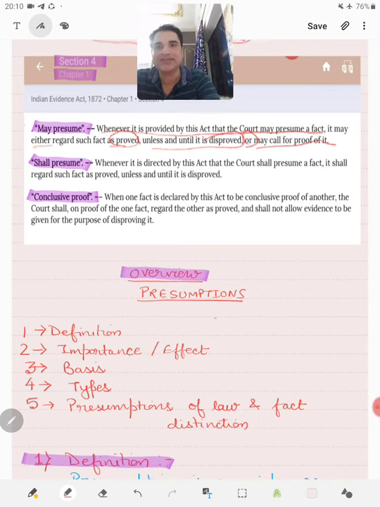So, whenever there is the term may presume, the court has got two options. First option is that it may take it as proved,